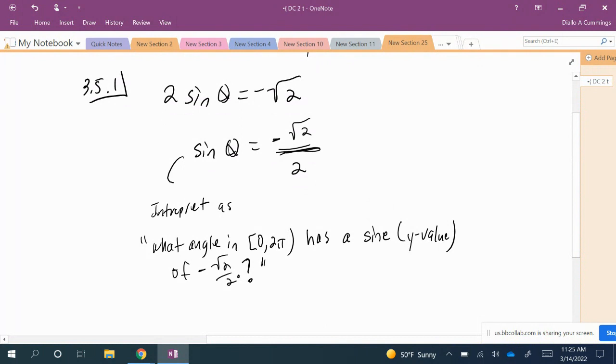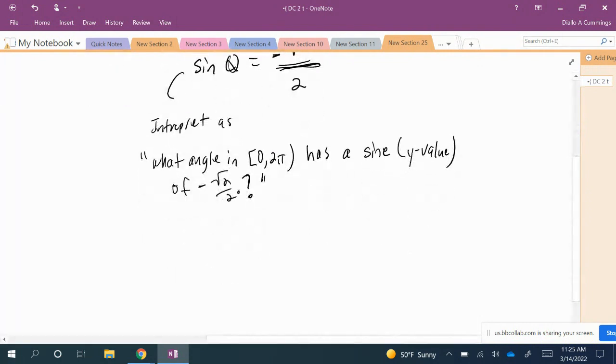Right, so what angle in the interval from 0 to 2 pi has a sine or a y value of negative square root of 2 over 2? All right. So notice that our answers are angle measures. So I'm going to go back to